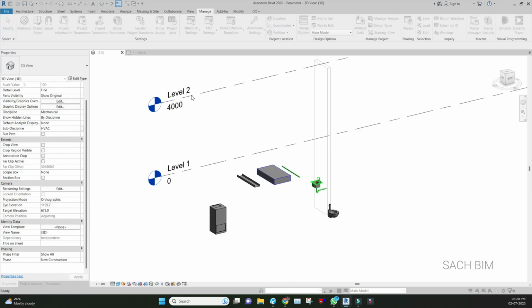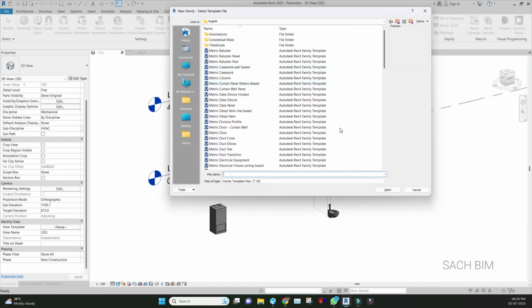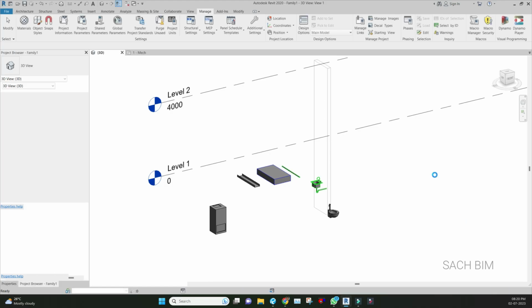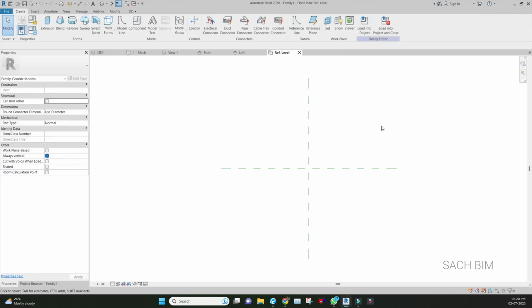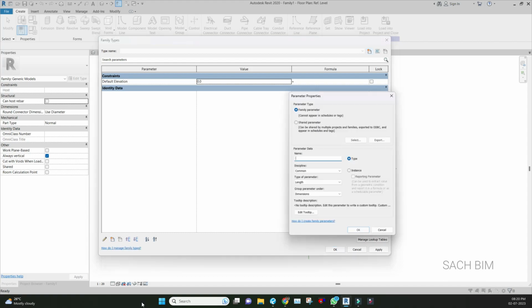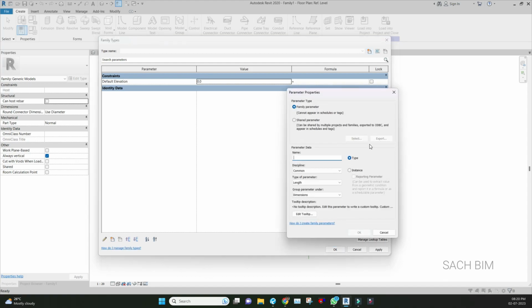New family. So right now I'm choosing a generic model here, open. So this is the family interface. If you go to family types, you will get a window like this. From here, you can create a new parameter, and again a window. It's similar to the project parameters, but the difference is here you can see it's a family parameter. If you are in the project, it will show project parameter here. And the shared parameter is common for both